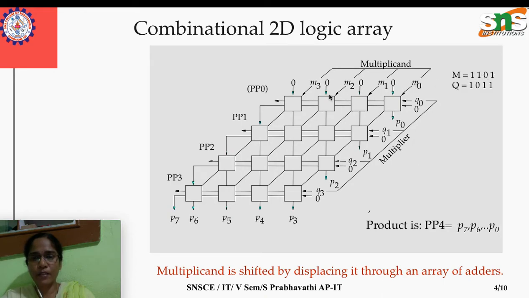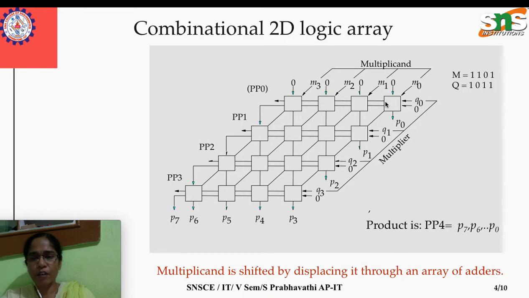Which we are passing as an input to the first stage of the full adder. Apart from these, we have 4 zeros now. These are the initial partial product values. Initially the partial product is 0. And look here: initially carry is 0, Q0 is 1 and M0 is 1, is it not? And the partial product is 0. So when we pass 1 and 1 to the AND gate, what happens? The output of the AND will be 1.